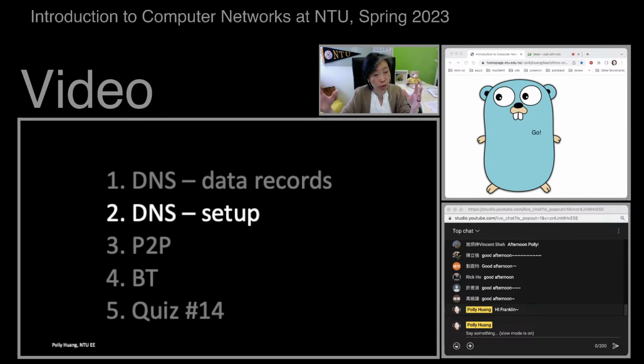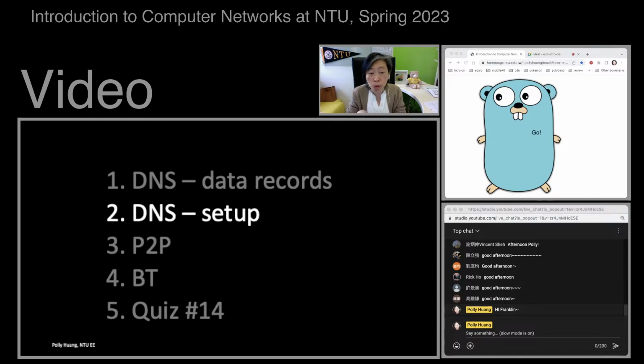The root servers are there to redirect the queries to the TLD servers. So root servers will need to have these RR entries that allow the users to find the TLD servers. So when each of these TLD servers is created, a top-level domain is created, those entries will need to be registered to the root server. Similarly, TLD servers are there to redirect the users to the individual domains, such as google.com, such as amazon.com, such as